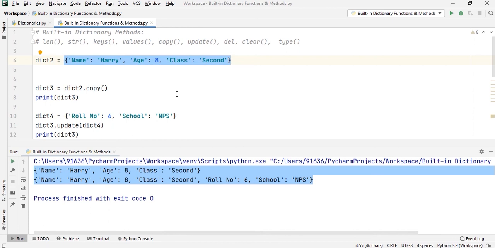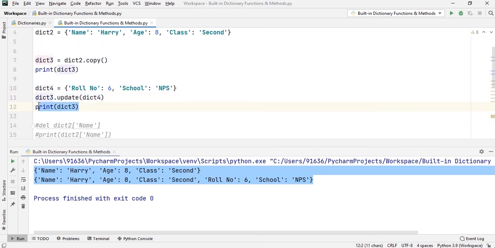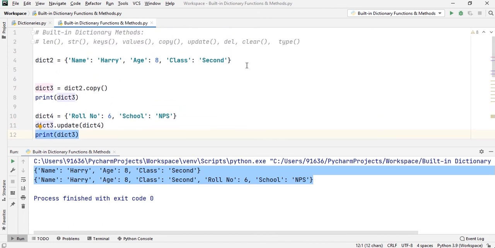Then I created another dictionary dict4 with two key value pairs, roll number 6 and school NPS. Then when I used the update method, I updated dict3 with the dict4 key value pairs. Now when I print dict3, I got these key value pairs added together.